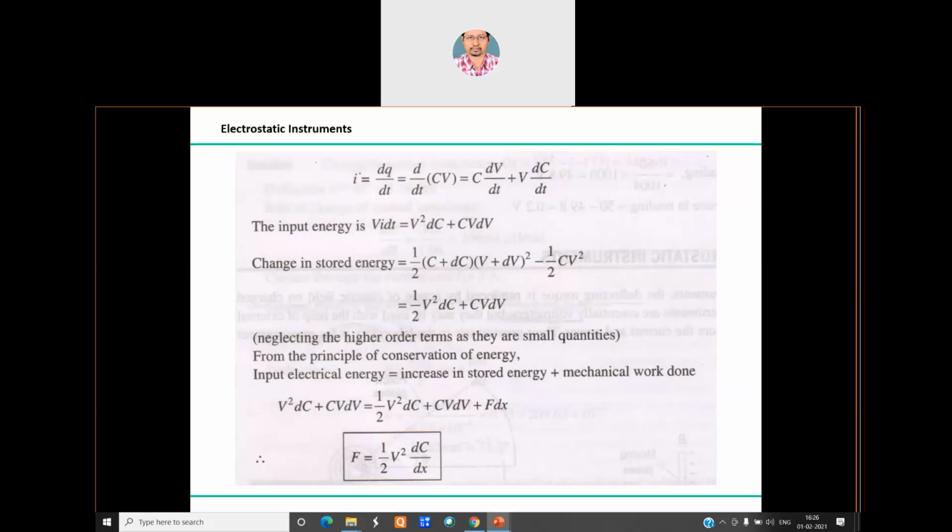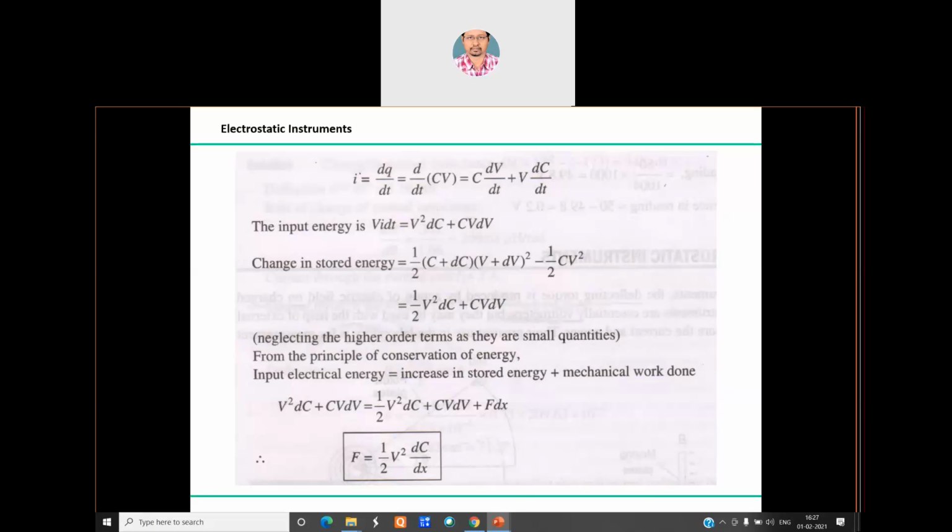Now therefore the change in stored energy, how much is it? So, rate of change in the capacitance and change in the voltage. Let's say I am assuming the change in capacitance is in the forward direction, it is increasing. It can be reverse also. So if it is increasing, then it is C plus delta C, and the change in voltage again in the forward direction, that is the positive direction, that is V plus delta V, right? Minus half of CV square, that is the maximum amount of energy that is stored.